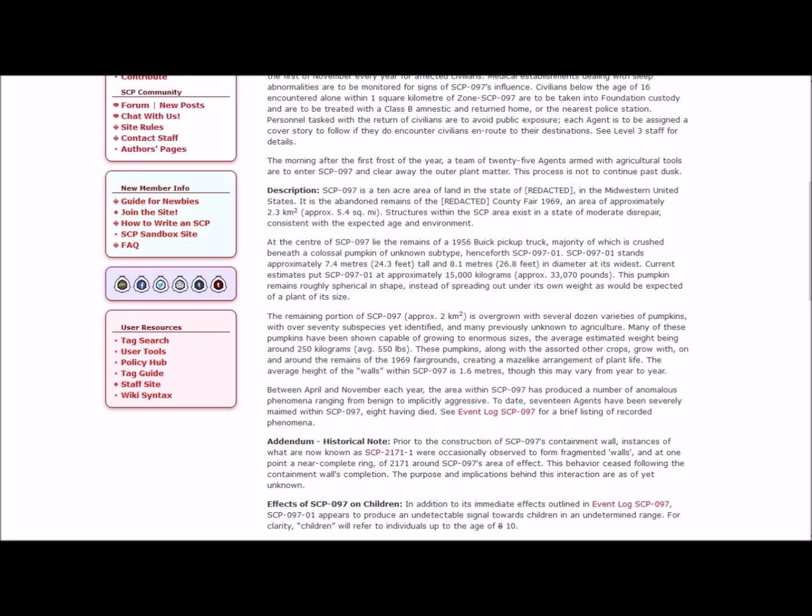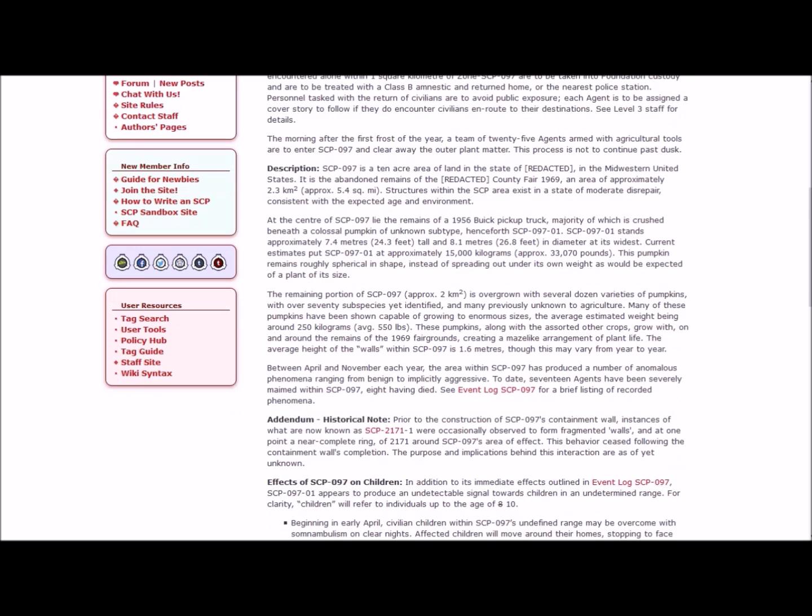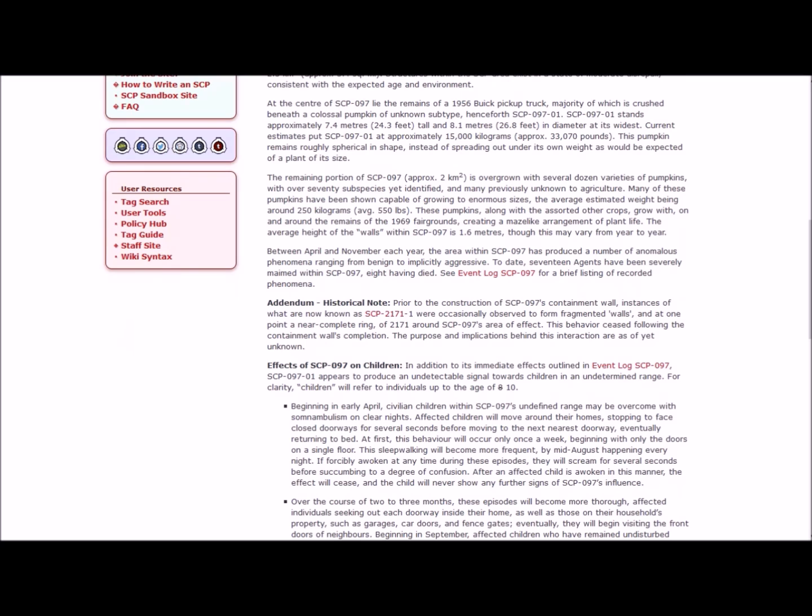SCP-97 is a 10-acre area of land in the state of Blank in the midwestern United States. It is the abandoned remains of the Blank County Fair 1969, an area of approximately 2.3 kilometers squared. Structures within the SCP area exist in a state of moderate disrepair, consistent with the expected age and environment. At the center of 97 lie the remains of a 1956 Buick pickup truck,